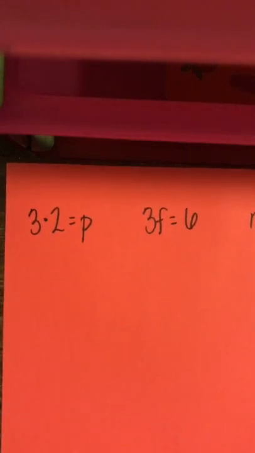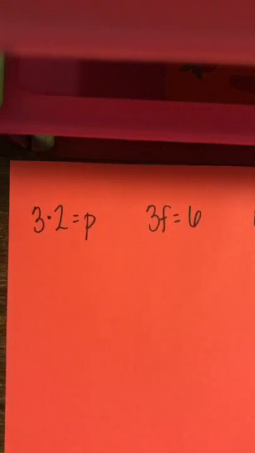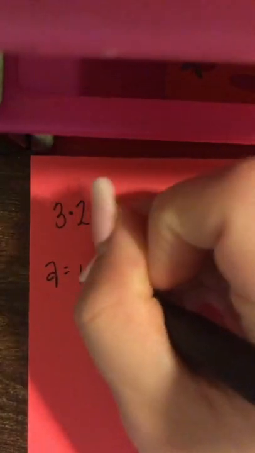To find an unknown product, we multiply the factors. To find an unknown factor, we divide the product by the known factor. So for example 3, we need to find the unknown number in each equation. So for A, we have 12